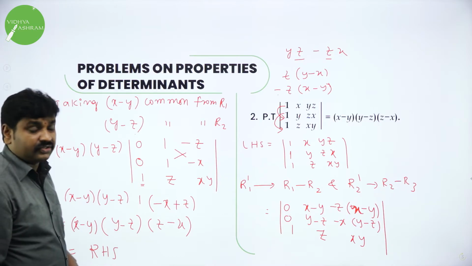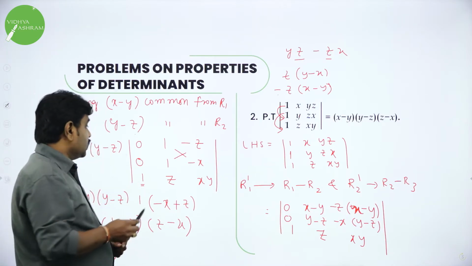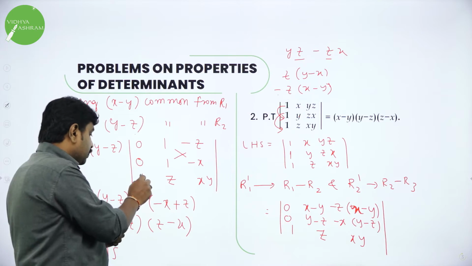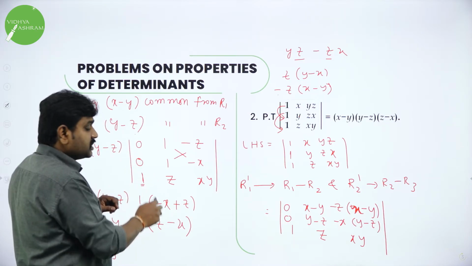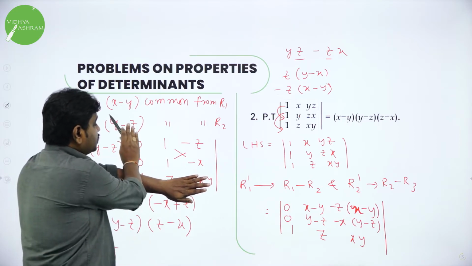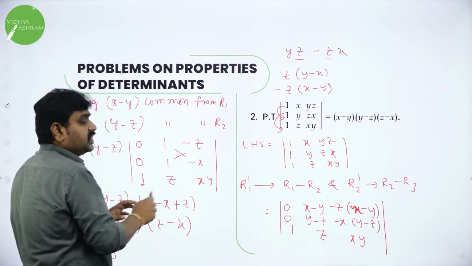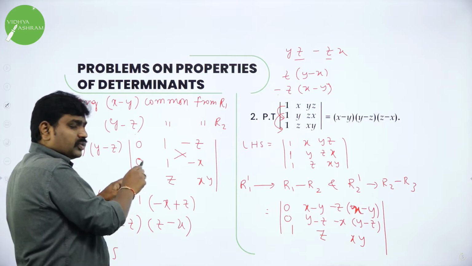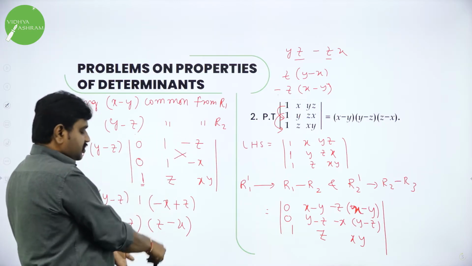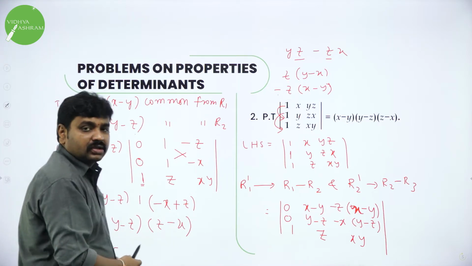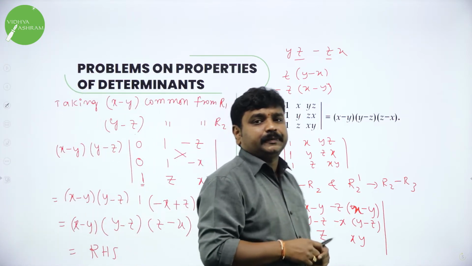Hope all of you got this. Here it is pretty interesting. The first column, all the elements are 0 except the last element. If you have a column with two elements zeros and only one element like this, you can delete this and find the determinant of the remaining, that is the determinant. So 1 into, expand with respect to this element, that is enough. Or if you expand with 0, 1, minus z, you will get the same, but that will be lengthy, so that is it. I hope all of you got this.